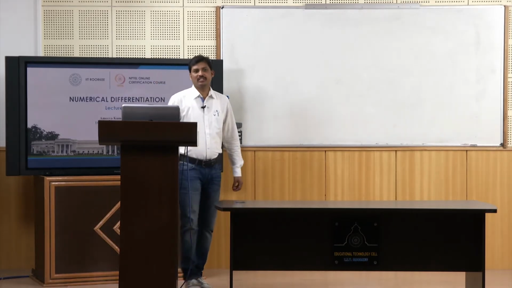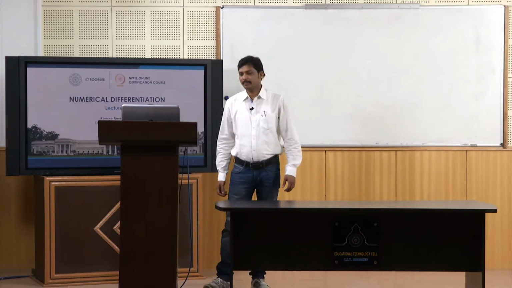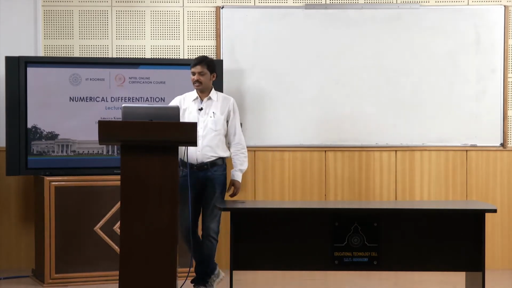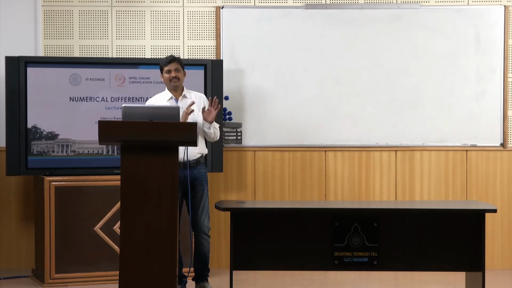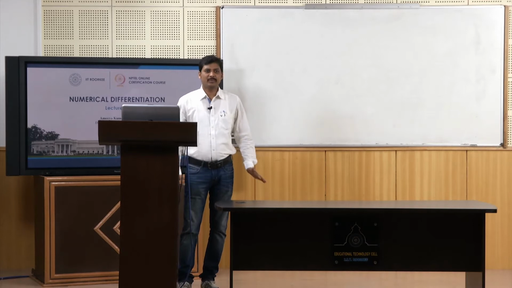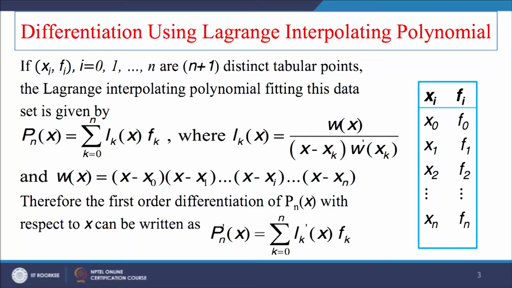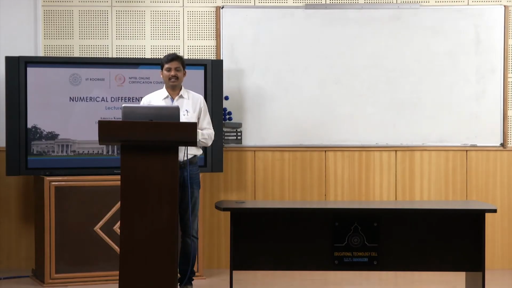So, today we will discuss numerical differentiation based on Lagrangian interpolation and divided difference interpolation, and then, from that differentiation, how we can determine the maxima and minima of a function based on these polynomial approximations. So, basically, we are discussing here that whenever you have tabular values like xi, fi's